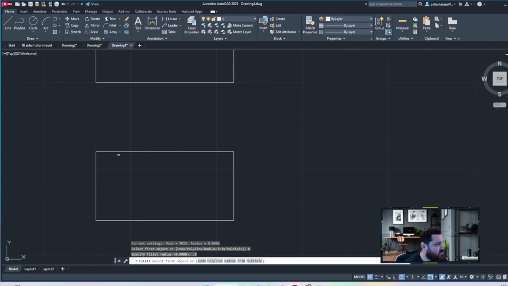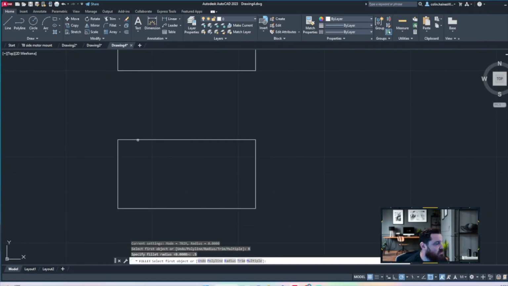So to use this tool, all we have to do is click on the first line we want to use for our fillet and the second line. And that gives us a nice gentle round edge there. So I'm going to hit the enter key since fillet was the last thing I used. And now by default, it has a radius of 0.5. So I'm going to go ahead and use that radius of 0.5 one more time. So I'm going to hit enter. Oops, sorry. I already hit enter. So now I'm just going to click my 2 lines there, and that's going to give me a nice round